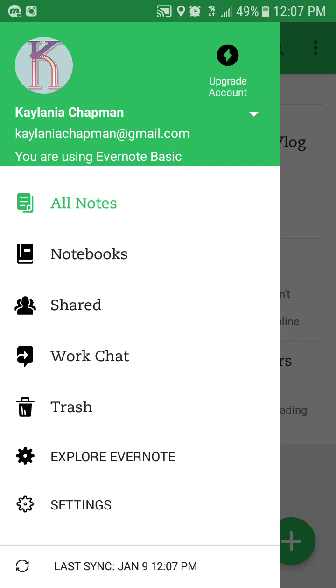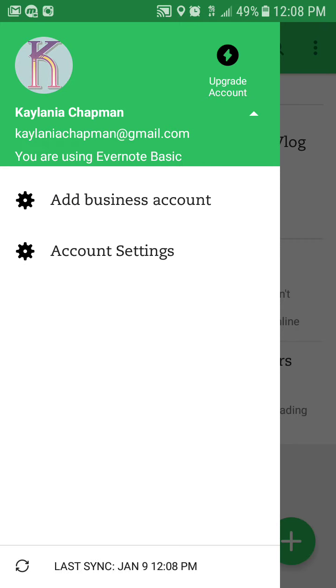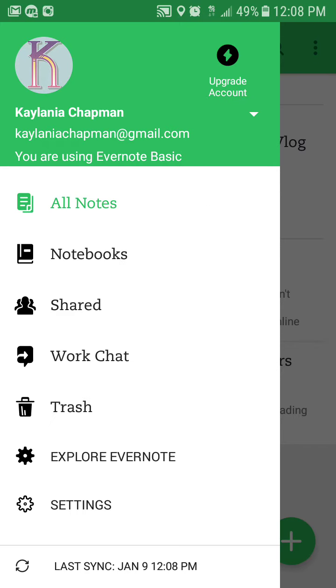Okay, so let's take a look at this. When you set up Evernote, you will be able to enter your email address. I have a couple of different ones that I use. I use one for my filmmaking, so if I have any ideas for a film or things like that, I use a different email address. But this is just my basic one. You're also able to upgrade up here, but I'll show you more about that later.